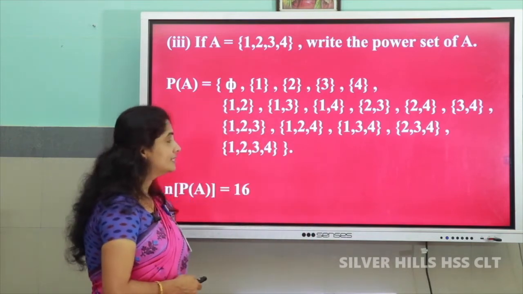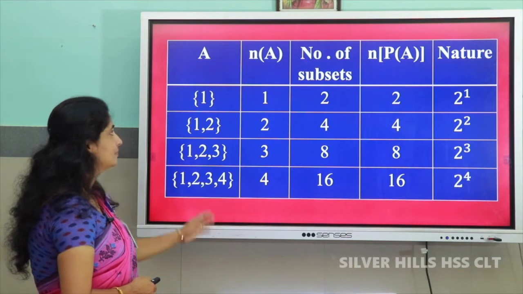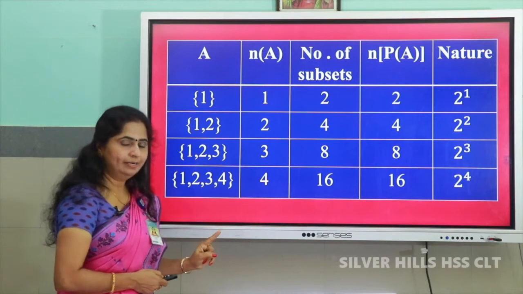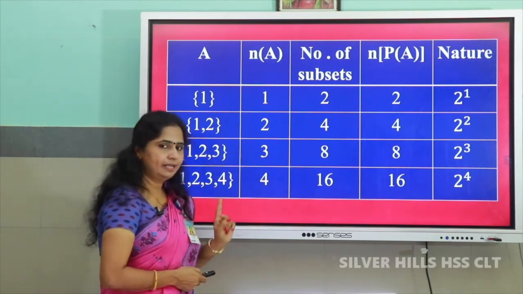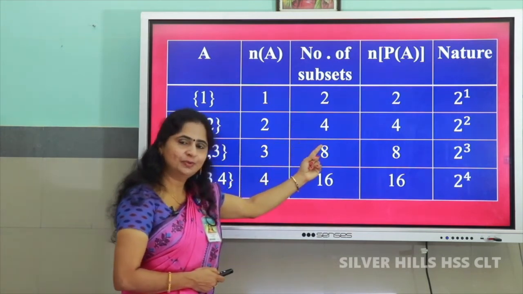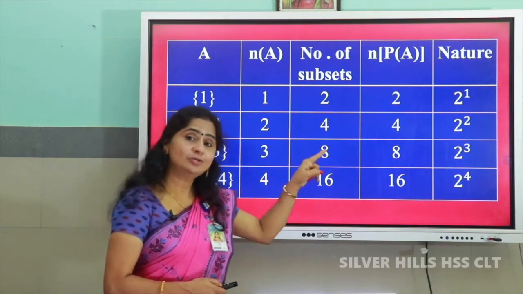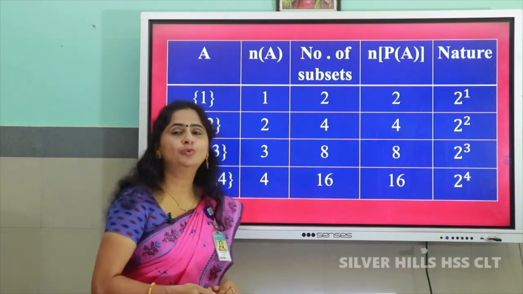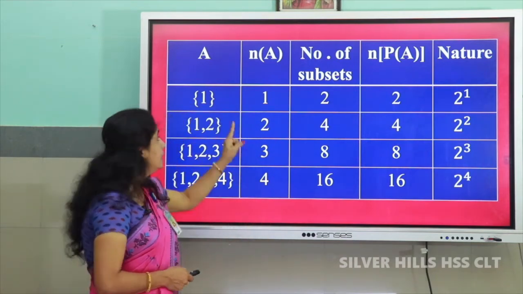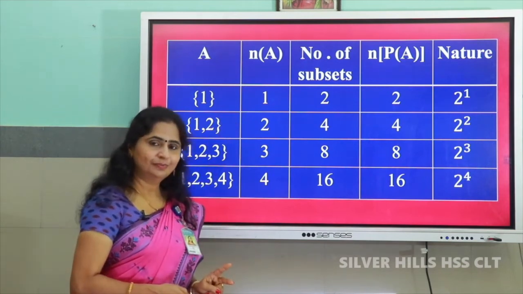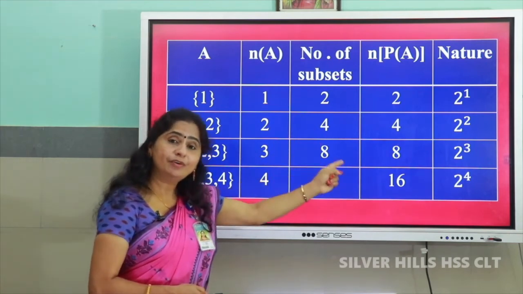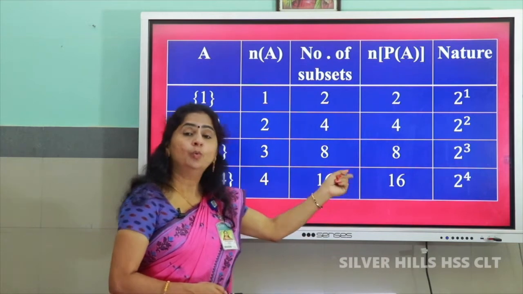So we can summarize this result in this tabular column. If A is the set {1}, the number of elements in A is 1, and just now we did all the problems. So the number of subsets is equal to 2. The number of elements in the power set is also 2. So we can write it as 2 raised to 1. If A is the set {1, 2}, the number of elements in the set is 2. Therefore, the number of subsets will be 4. And the number of elements in P of A is also 4, which we did now,